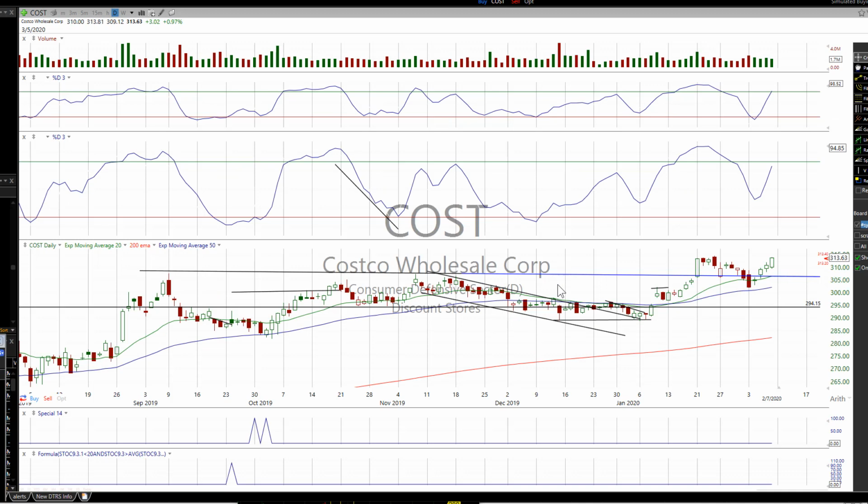And look at this divergence here. You have a nice little pullback. We actually traded this one right here. It was a steep higher low versus this low and this low. It's a double bottom, but a much higher low on the stochastic indicator here. You could see you're really taking a look at